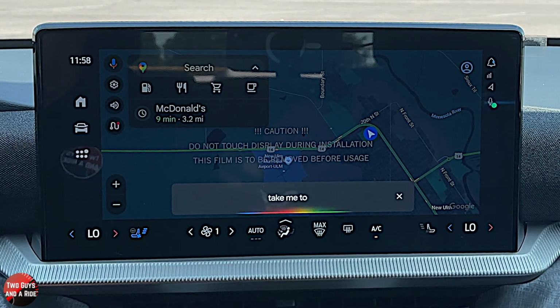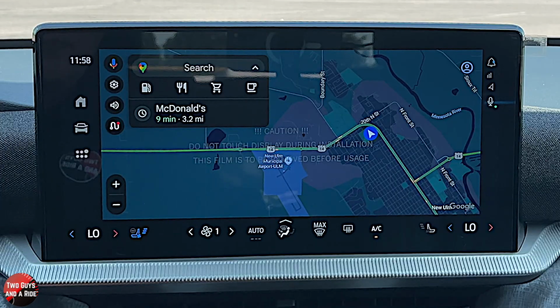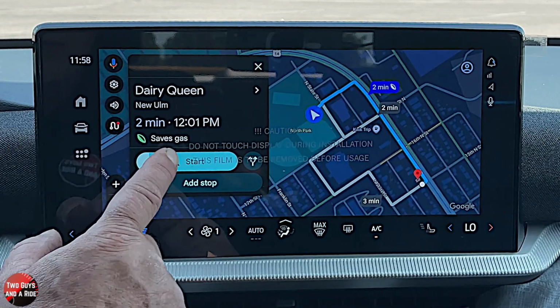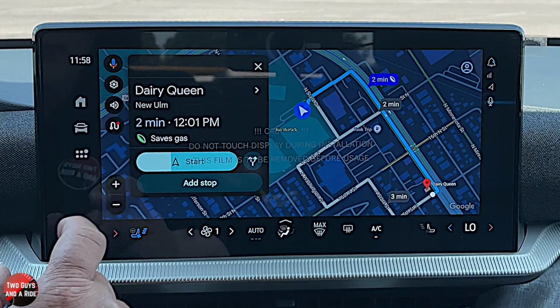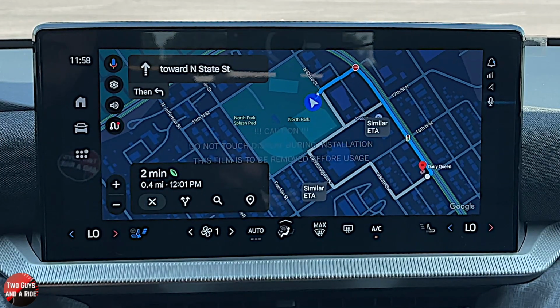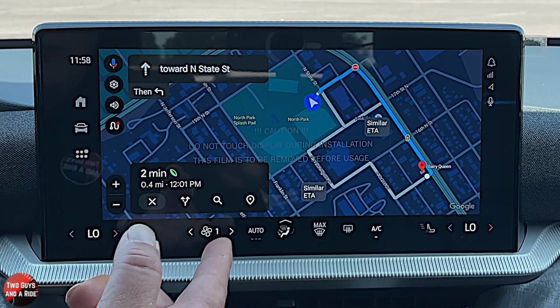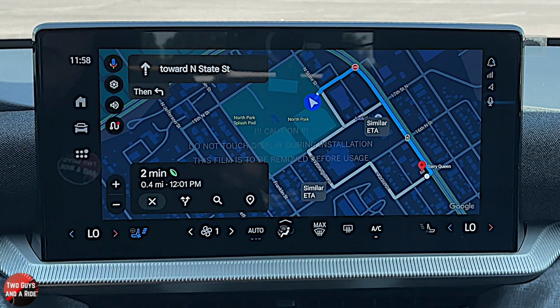Take me to the nearest Dairy Queen. Okay, Dairy Queen. Here we go. Start. Just press on there, and there we go. Okay, it's going to, short route. Okay, to cancel the route, you can click the X, or you can just press the voice command button again,